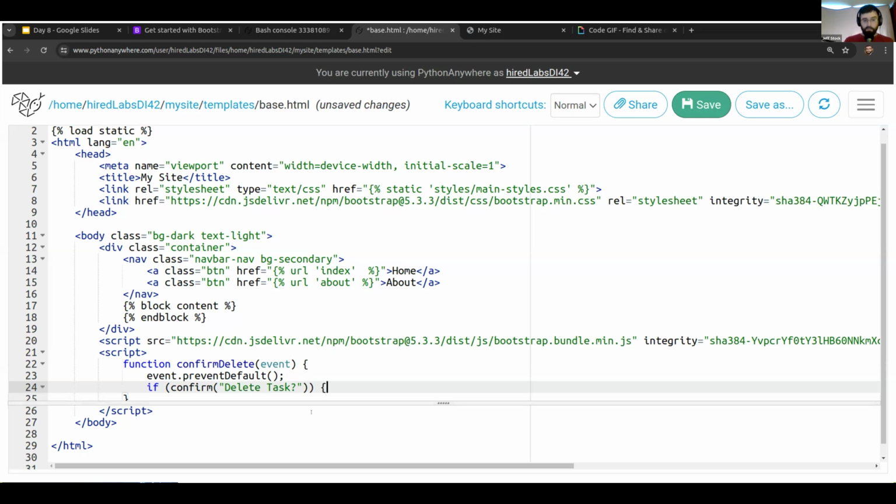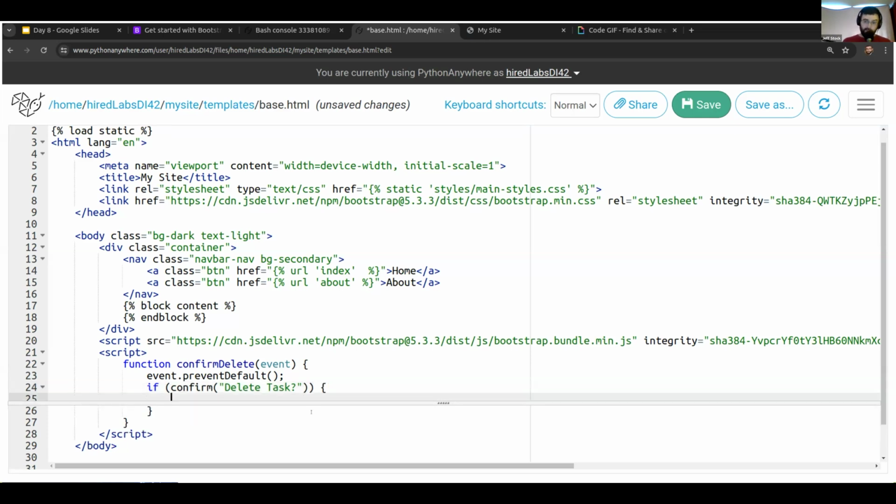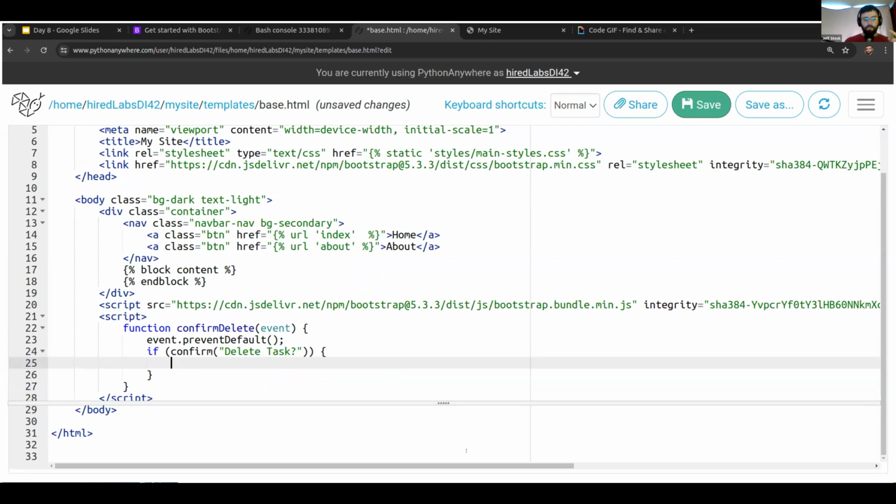Similarly to the function, we're going to do it with curly brackets. So now we have another set of curly brackets. JavaScript for you once again. So this is the condition that if they do click OK, they do want to delete this task. We then want to release that default behavior back into what it was doing. So what we're going to do is grab some more things that are built into JavaScript to interact with web pages. We're going to take